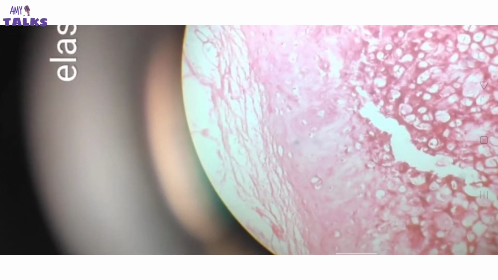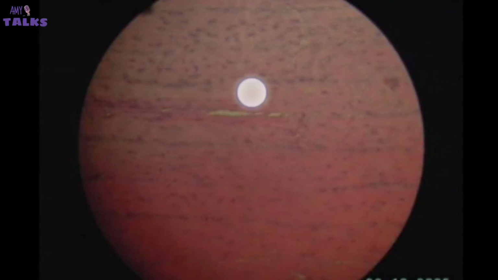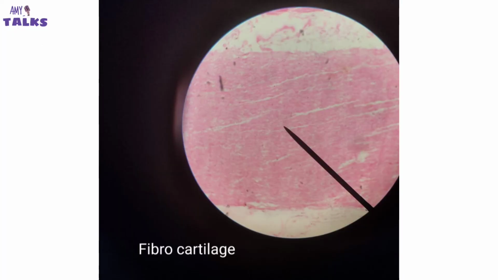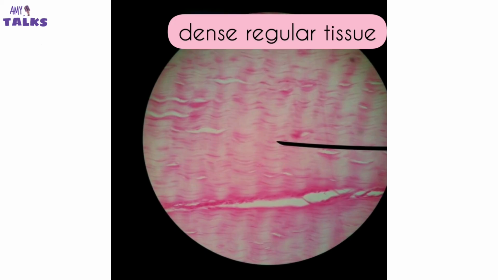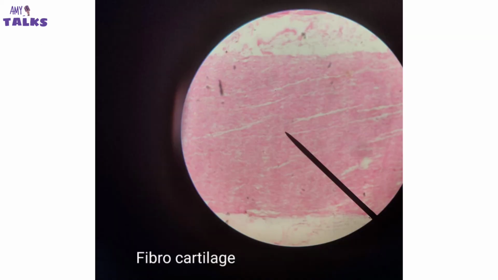Now the fibrocartilage. In fibrocartilage, chondrocytes are arranged in a specific row, but they are really small and can be seen on 450 magnifications. But we can easily identify it because of fibers are there that are going in a specific direction. And remember, you have to differentiate it with the dense regular tissue. You don't have to confuse. So here's the slide of both, and keep in mind that this one is of the dense regular tissue and this one is of fibrocartilage.